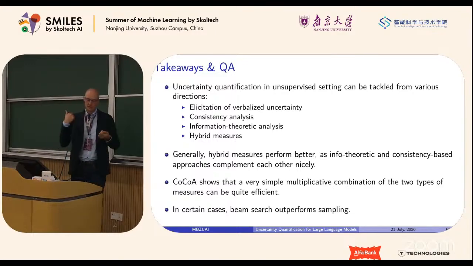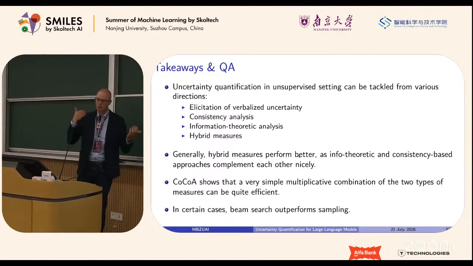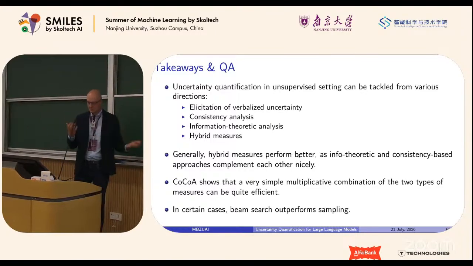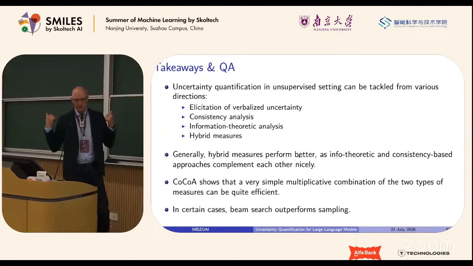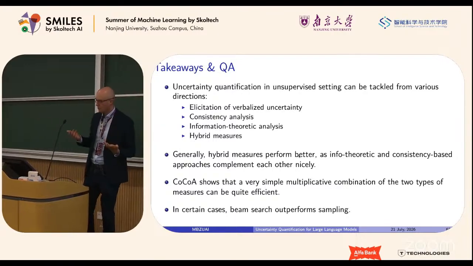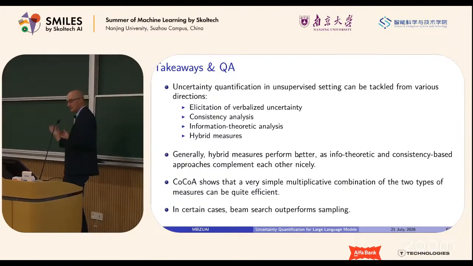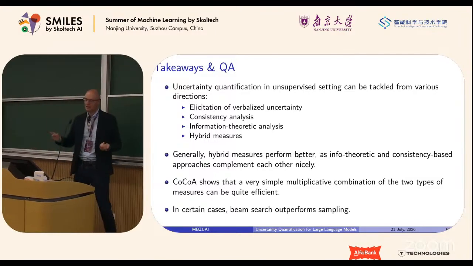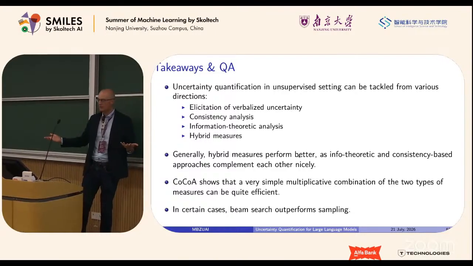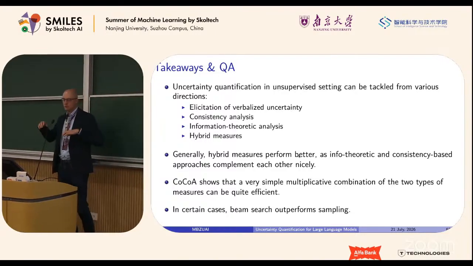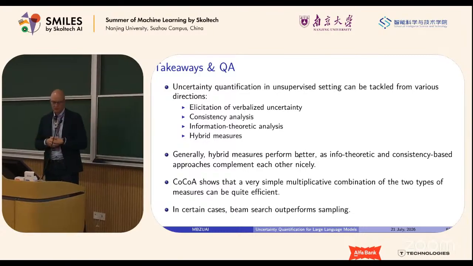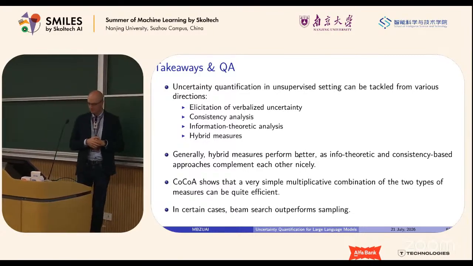Second, you can use consistency, when you ask the model the same question multiple times and analyze whether it changes its mind or not. That's called consistency-based techniques. They are kind of good. They give you more information than verbalized techniques, for example. But once again, you're paying some price for that. You're paying time. Unless you're already doing some sort of beam decoding, consistency-based techniques are actually quite slow.